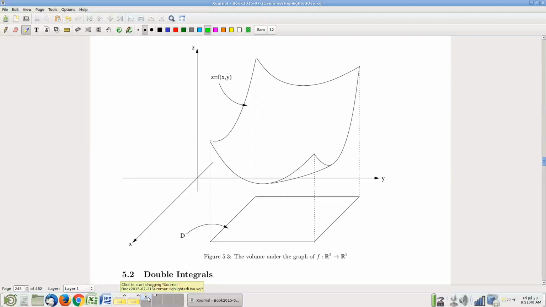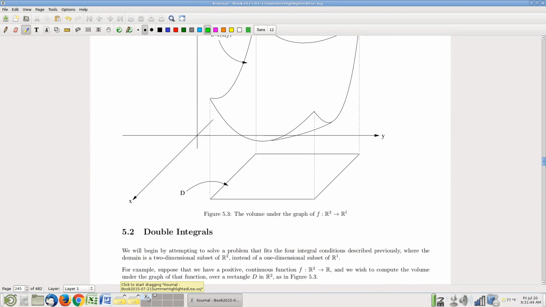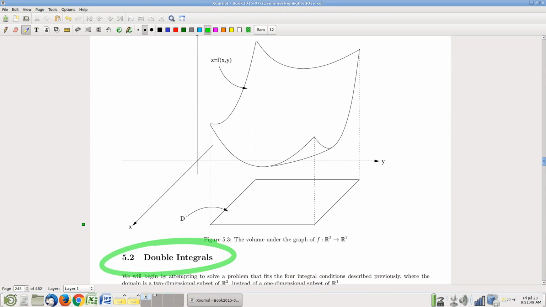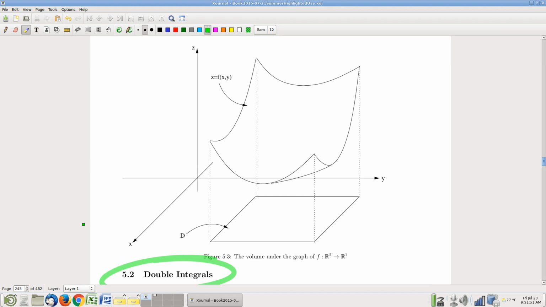Okay, so here's what we were talking about last time. We were talking about double integrals. The example that I used to motivate the idea of double integrals, and I emphasize motivate, not define, right? This is not a definition. But the motivating example is the question of how to compute the amount of volume